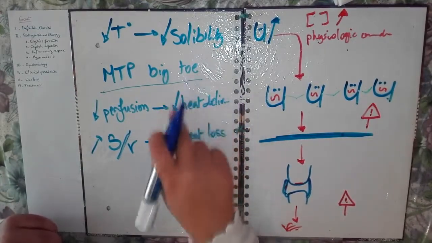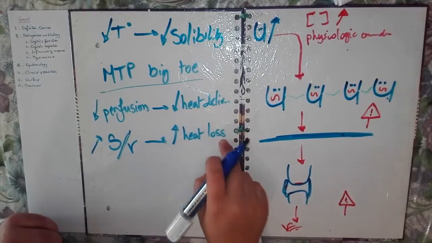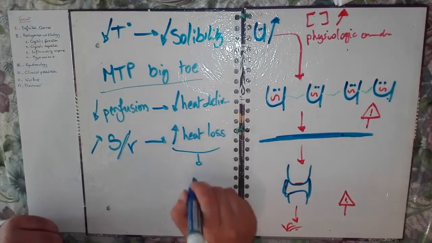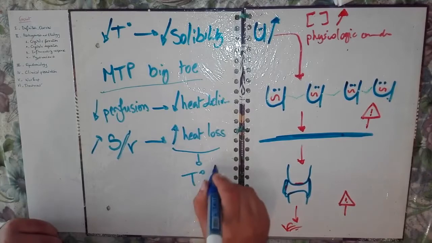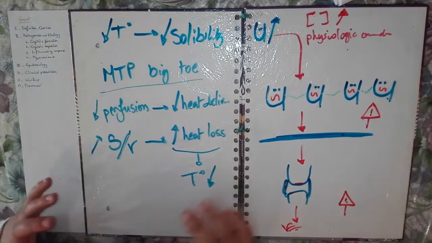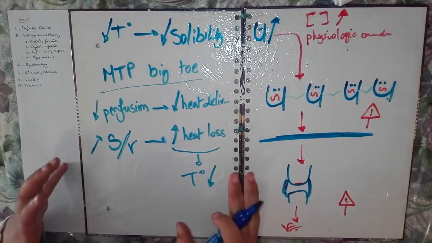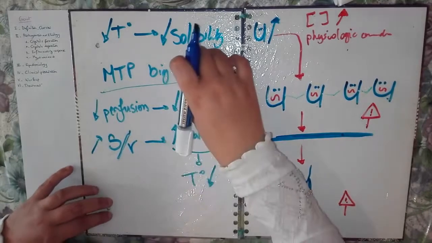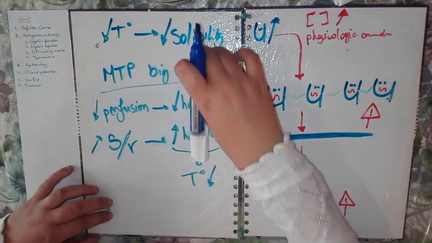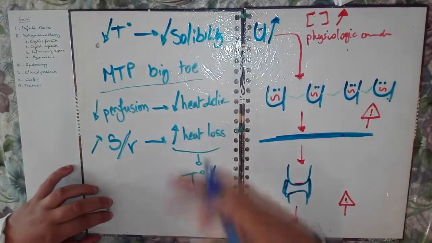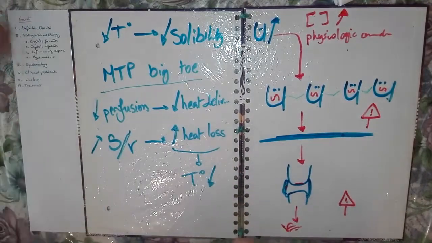Decreased heat delivery, increased heat loss, so we are in a low temperature state, which makes this localization more susceptible to gouty